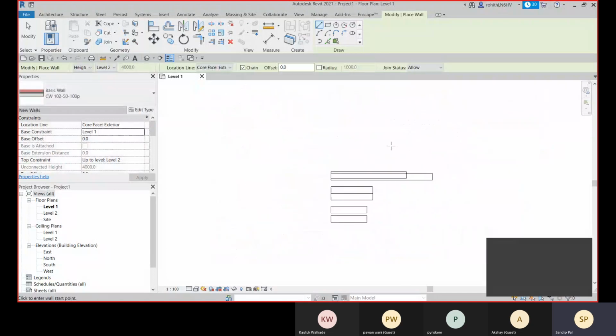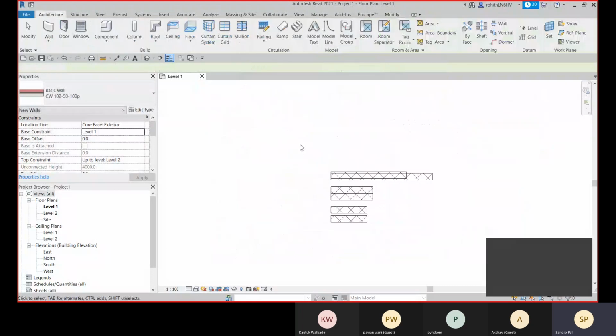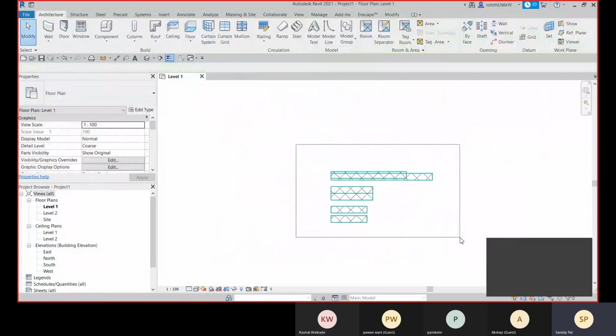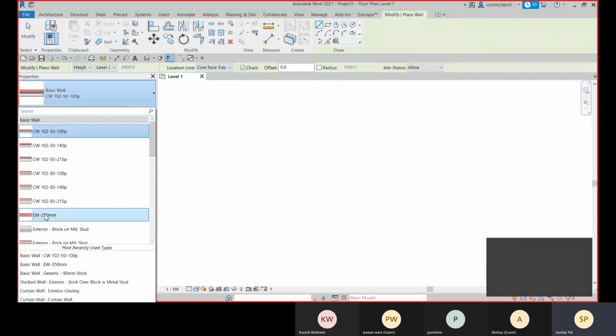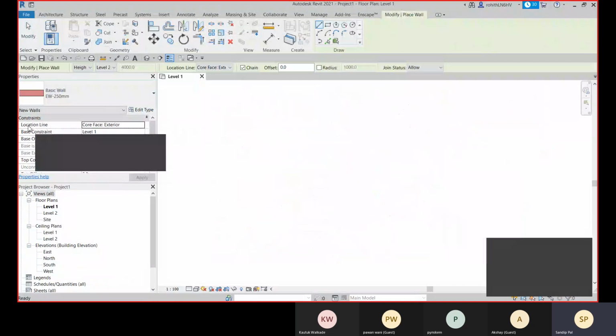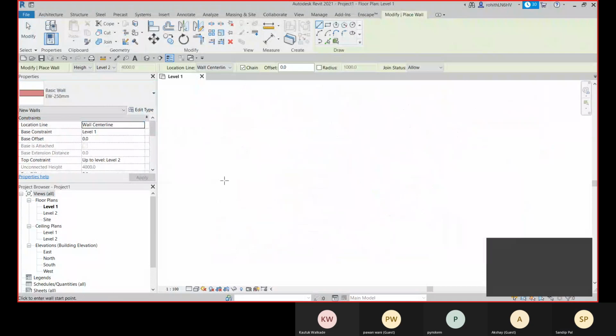So as per the requirement, we will choose the location line. Now let's go for the wall; the shortcut for the wall is WA. Let me choose this wall which we have created, and here also you will get that location line option, where the previous option was selected. I'll change it to wall center line. Generally we can go with the wall center line as per the grid placement, since we generally place our grids at the center line. Right now there is no base offset, and there is no top offset.